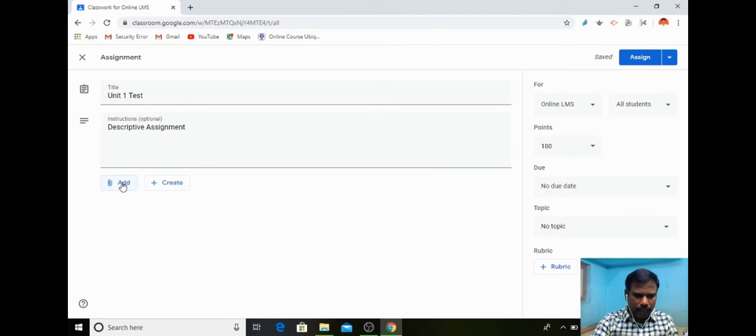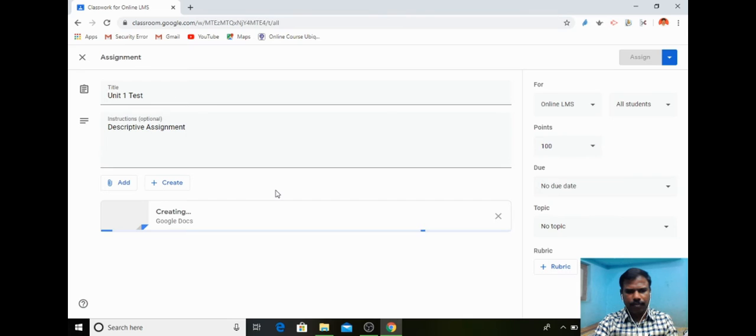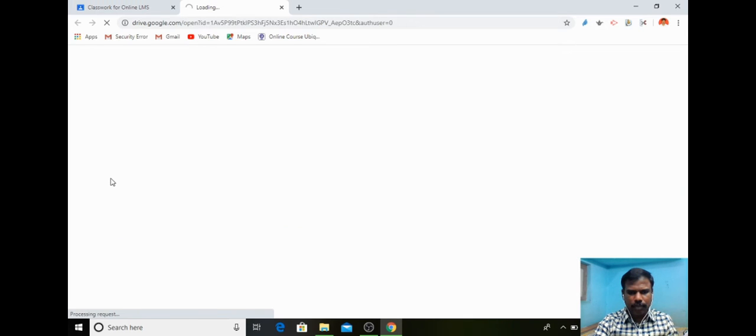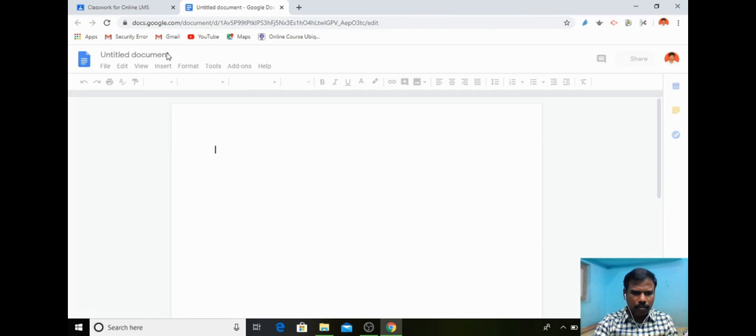So here I can add a file which is already created. I can create a new file. So I am creating a Google Doc here. If you have already created a file, you can use this add option and link the file. So it will save time instead of creating a new one.